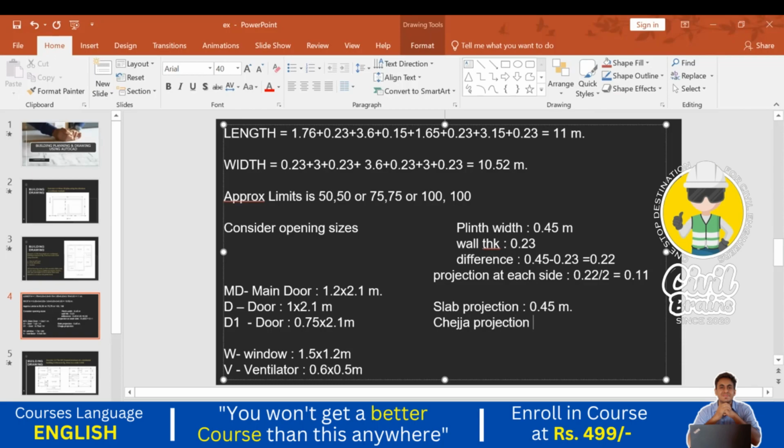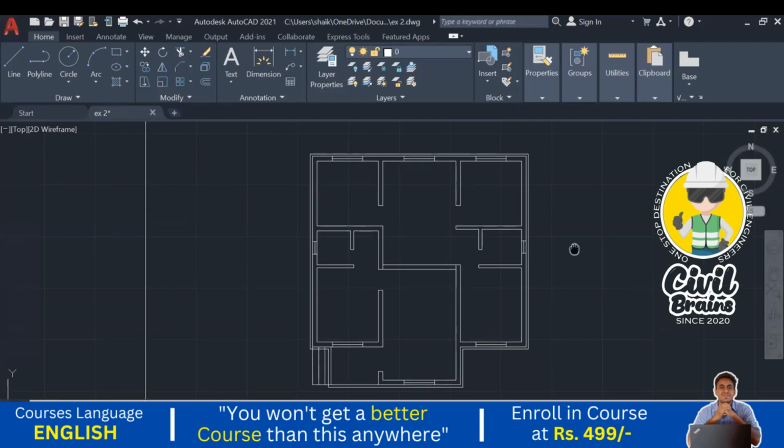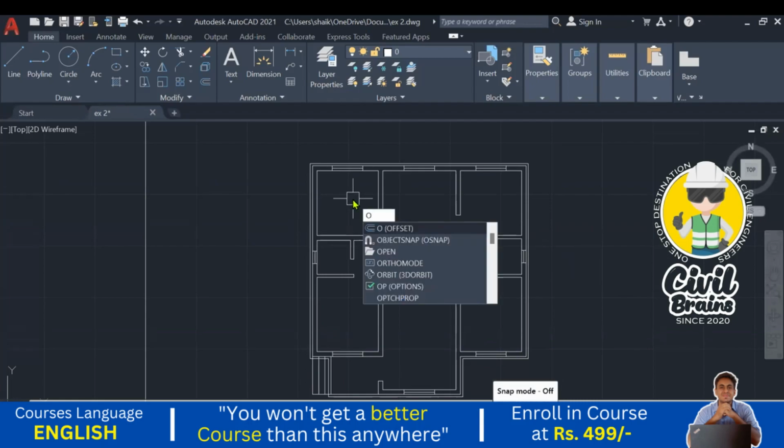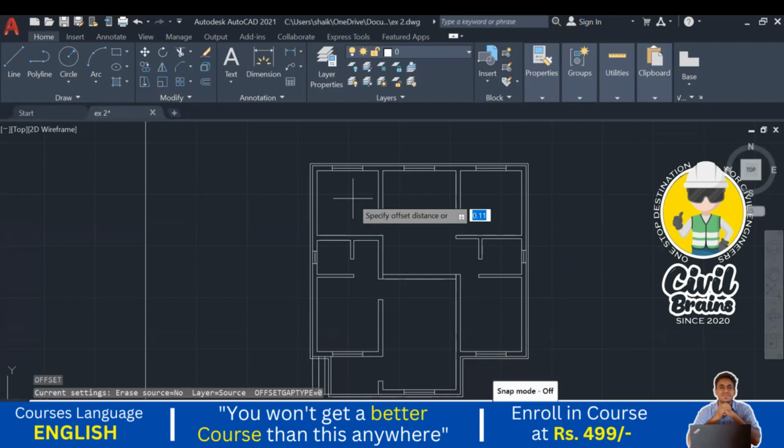that is 0.6 meter. I just go here and quickly draw the Chhajja projection. Chhajja will come above the windows only, at the plinth level, that I will tell you. Okay, I just go offset, press enter. Slab projection is 0.45 meter. I just enter here: from the face of the wall 0.45, from the face of the wall 0.45,